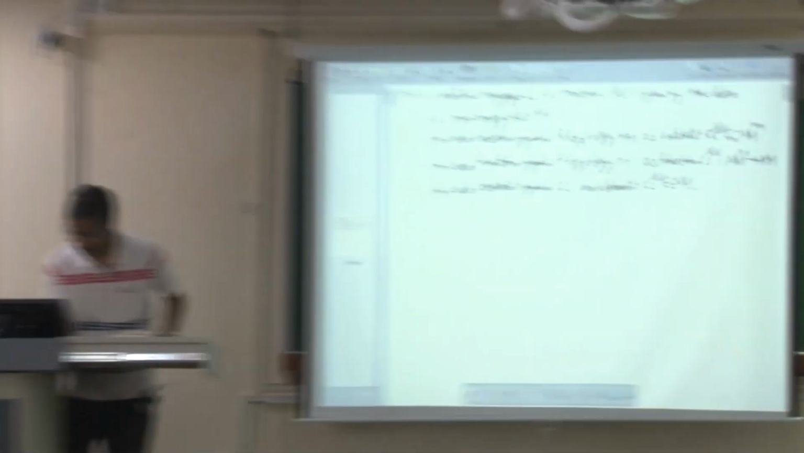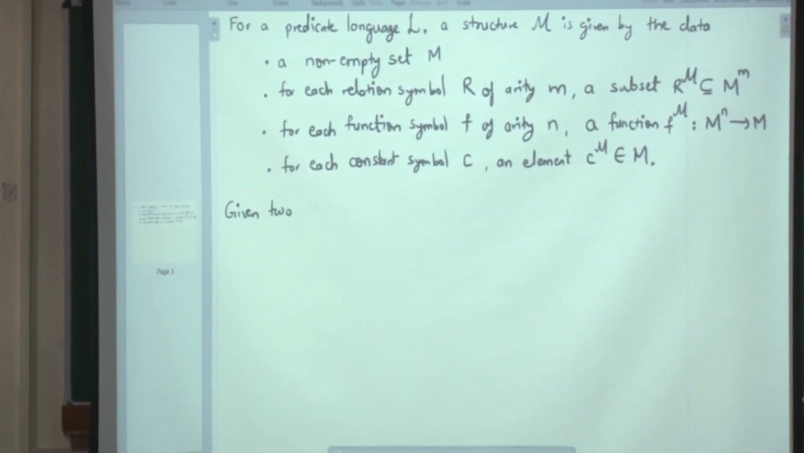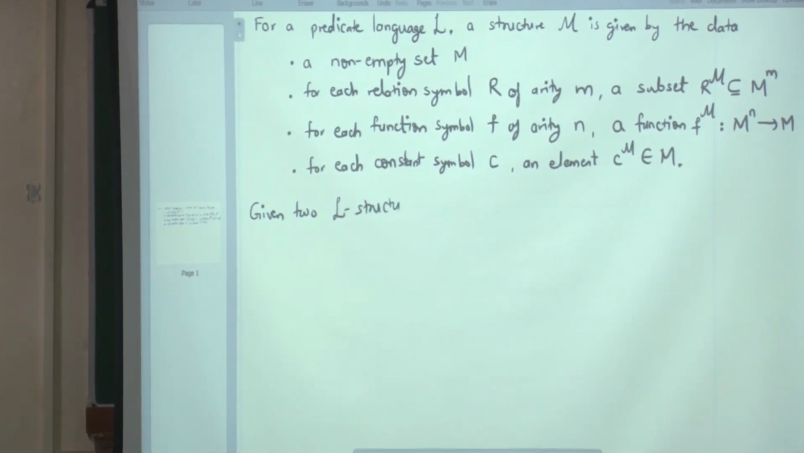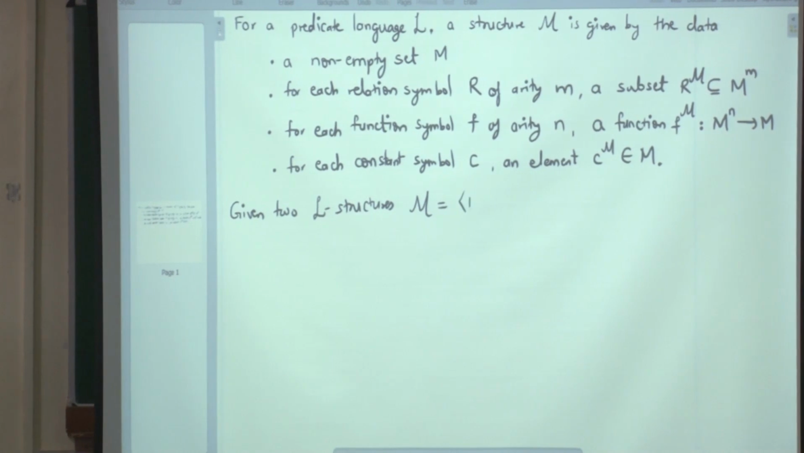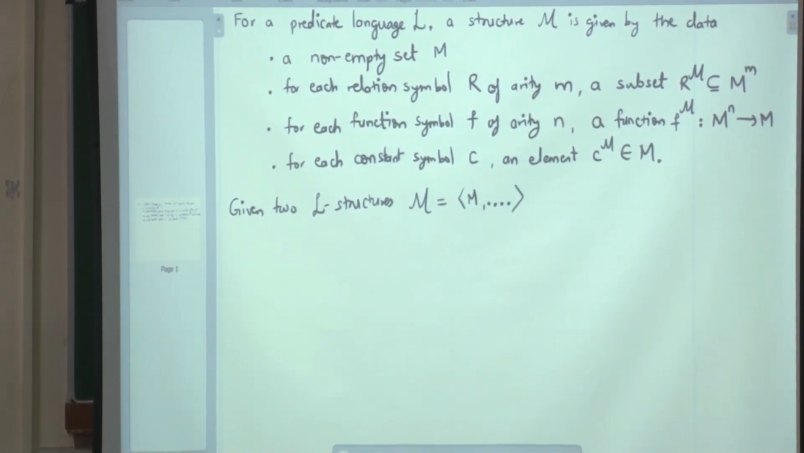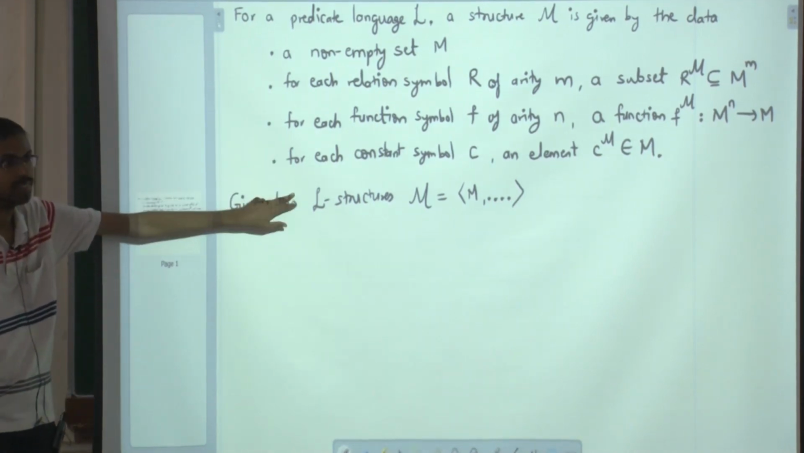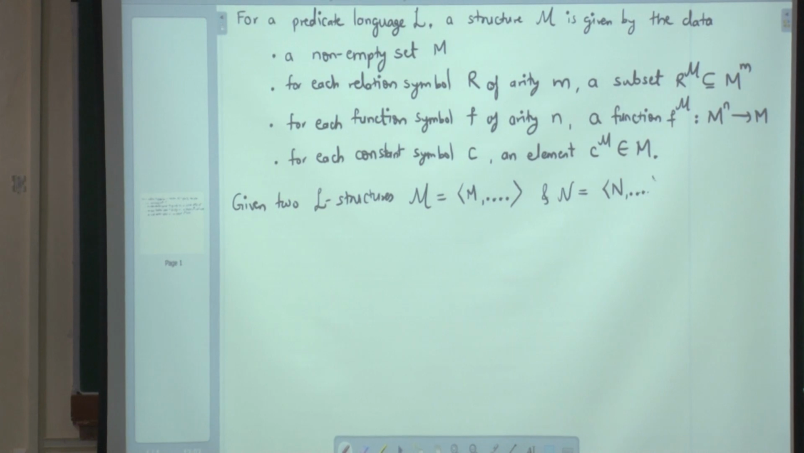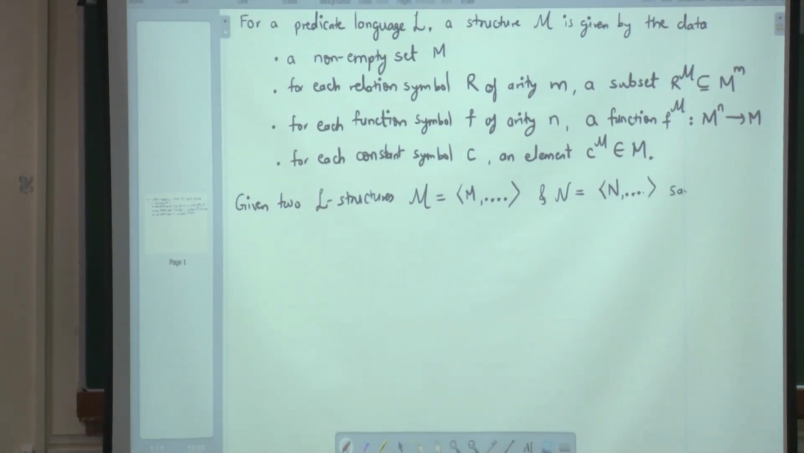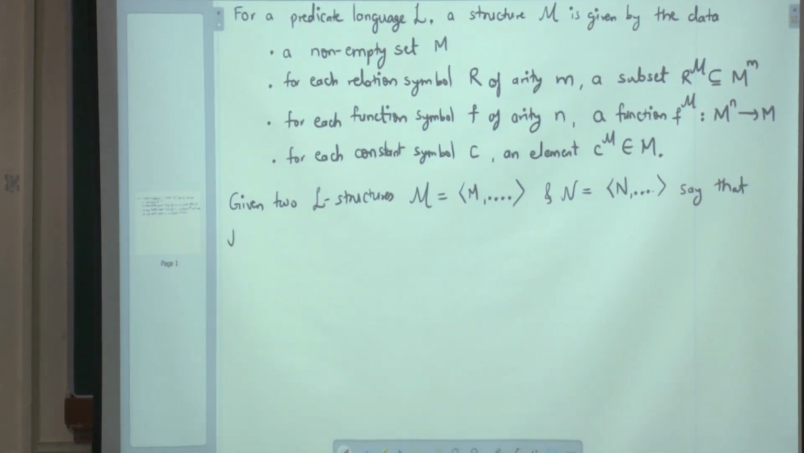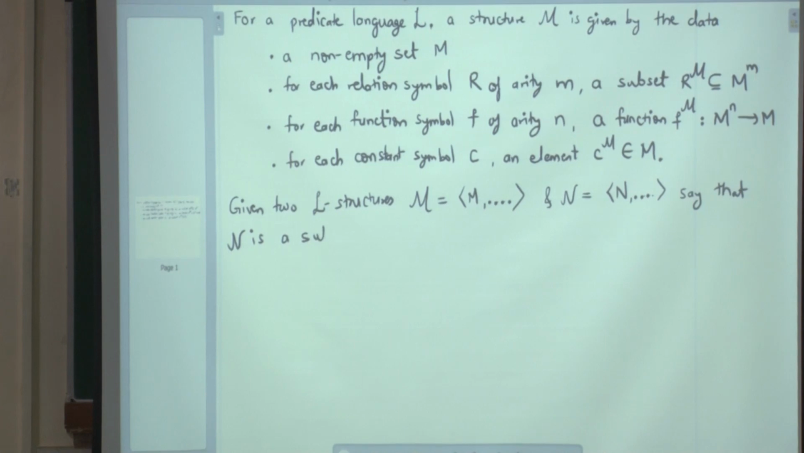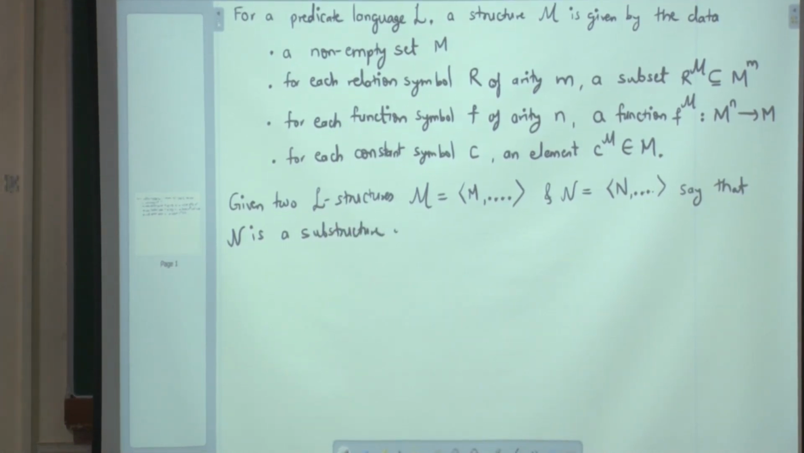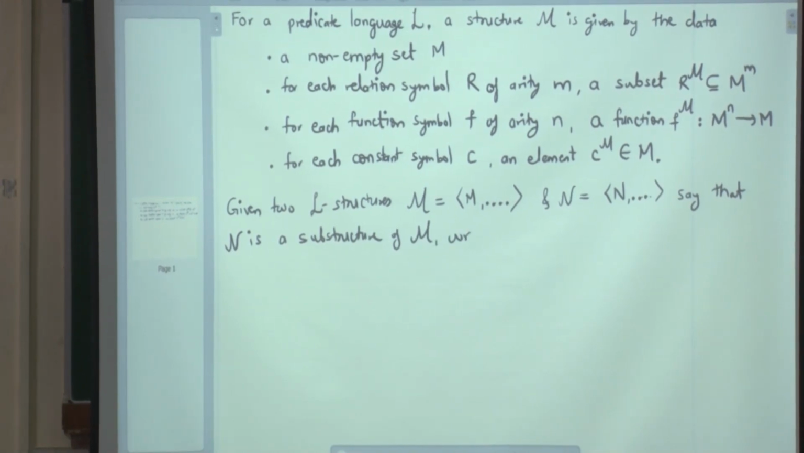So given two L-structures M and N, well, when I write this, I think you understand. When I write dot dot dot, what does that mean? All this extra data. Yeah, I just write down the name of the symbol for the universe, but I don't write other things. Say that N is a substructure of M, written